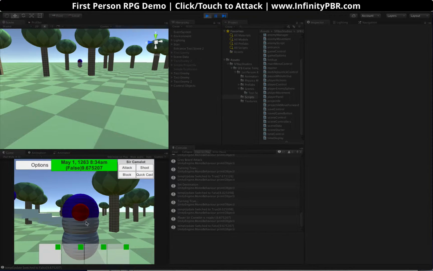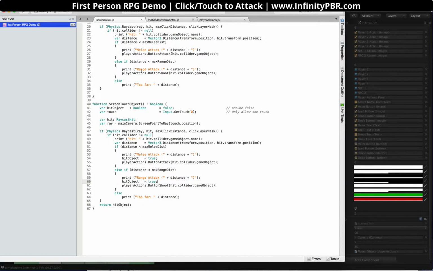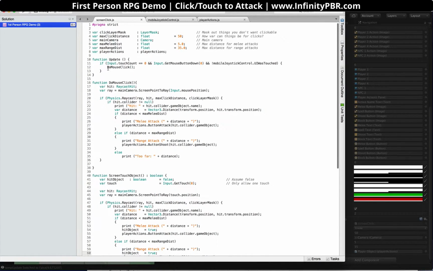So let me show you where this lives. In our control objects, we have a new script here called screen click, and so for the mouse, it searches for the do mouse click here if the touch count is 0 and the mouse button down is 0, and then we can probably make this either mouse button. You can always adjust that if you need to, but either mouse button is down and the